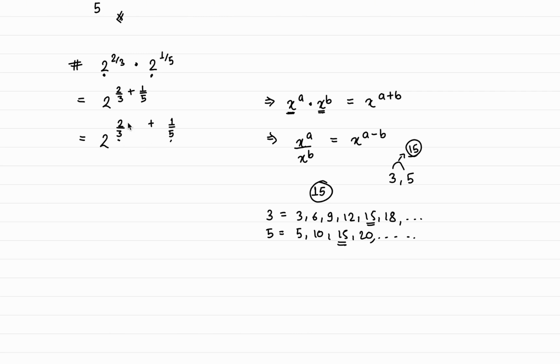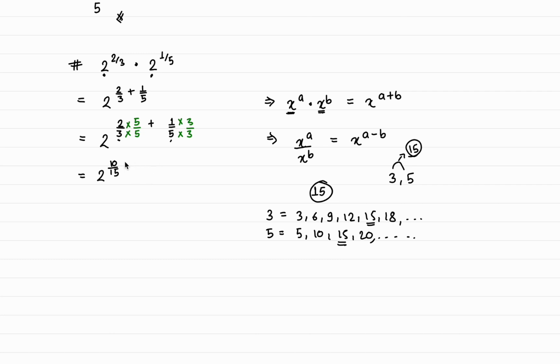Now how can we do that? We can do that by multiplying this 3 with 5, and we can't just multiply the denominator, we have to multiply the numerator as well with 5. Similarly here, to make this 5 into 15, I need to multiply it with 3, and again in the numerator I have to multiply with the same number, 3. When we do this, we have 2 times 5 is 10 over 3 times 5 is 15, plus